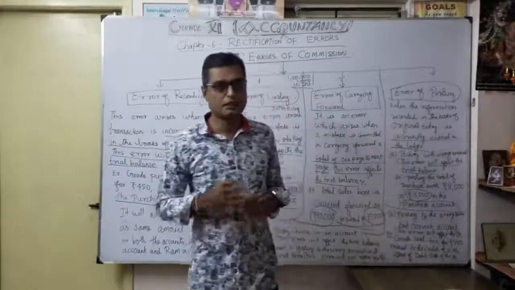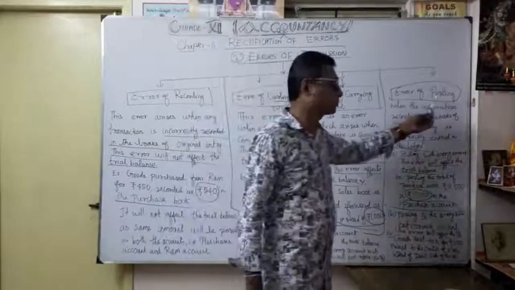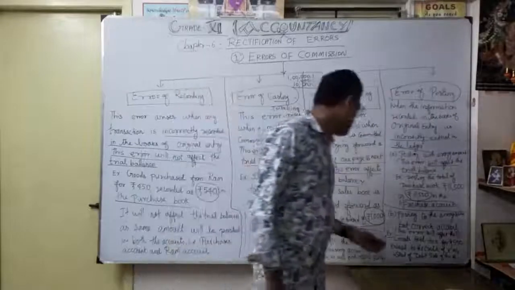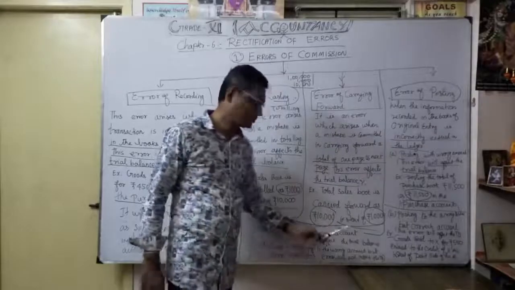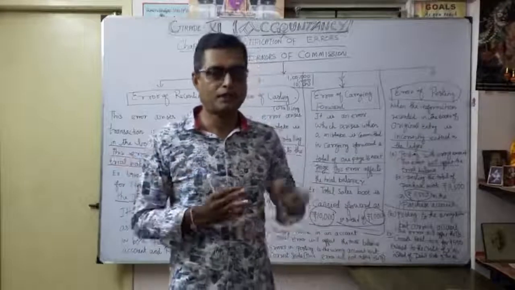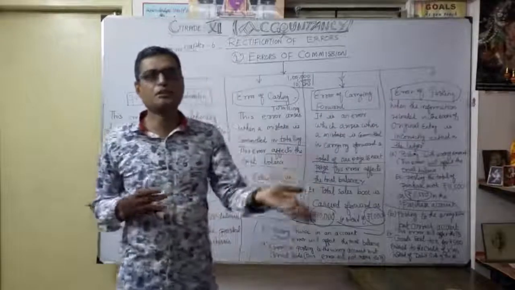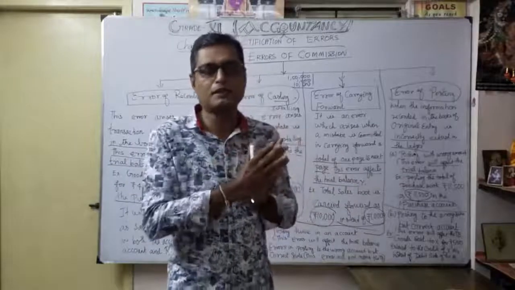Okay, that's the second error possibility under error of posting, the main error of commission. Then the third one: posting twice in an account. What happened? You do the posting two times. You already did one posting, and again you go for the second time and enter it also. That's also a possibility, so don't overlook it.